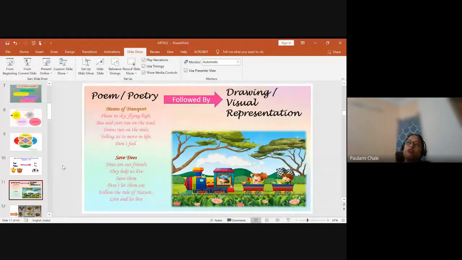Now, right from grade 2 to grade 10, we have multiple topics. Like we have topics on pollution, we have topics on environment, different types of topics, like saving trees. And even for acids, bases, and salts, I remember I made my students write a poem in grade 7. So poem writing is a very nice thing to do.